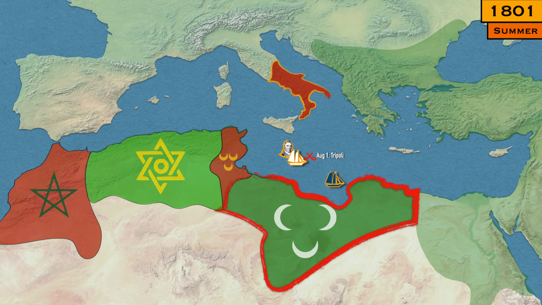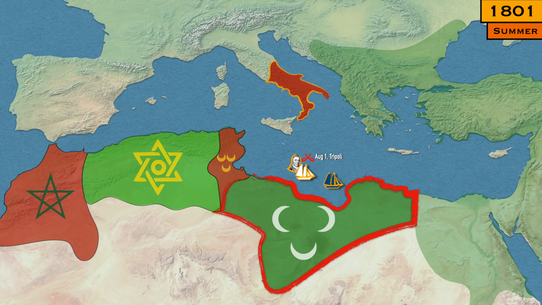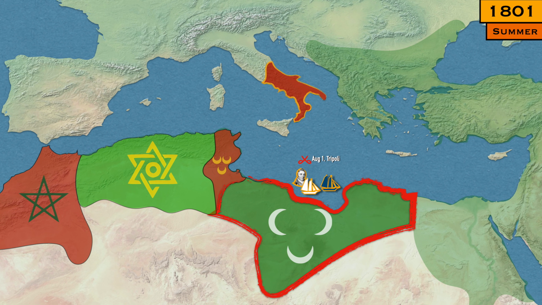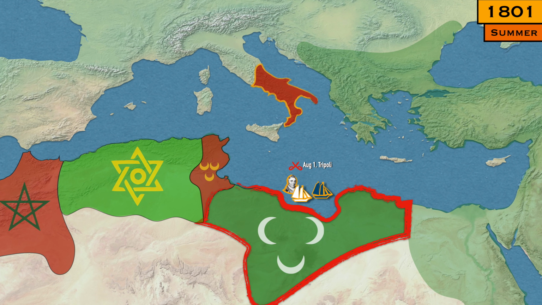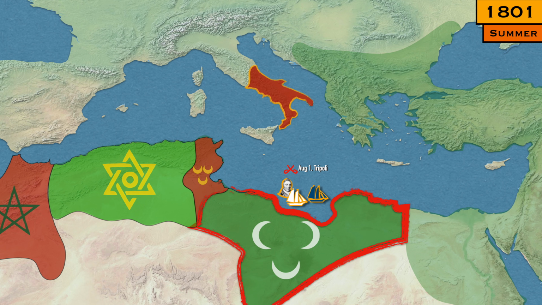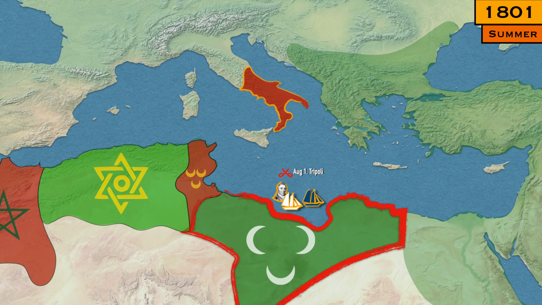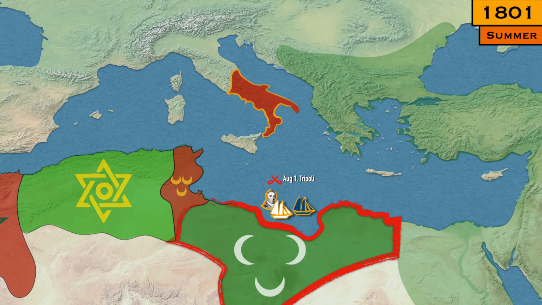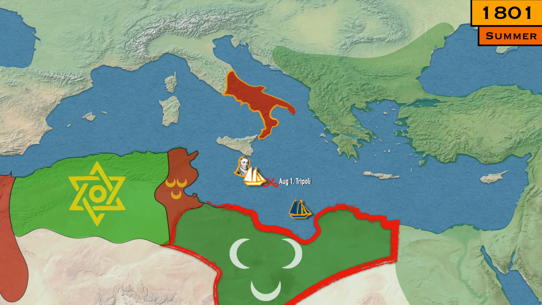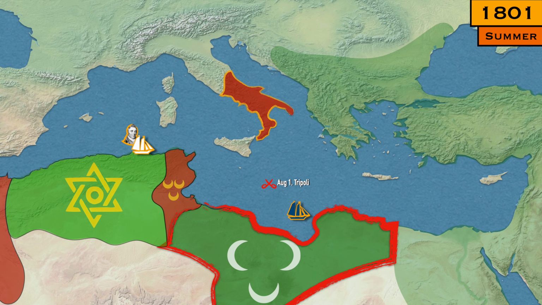After the defeat of the Tripoli, the war was fully on. Dale blockaded the Tripolitan port alongside the Swedish, although the degree to which this was effective was debated. In any event, disease began to plague the American ships, including Dale himself, and the blockade was abandoned in September of 1801, just a month after the first engagement.